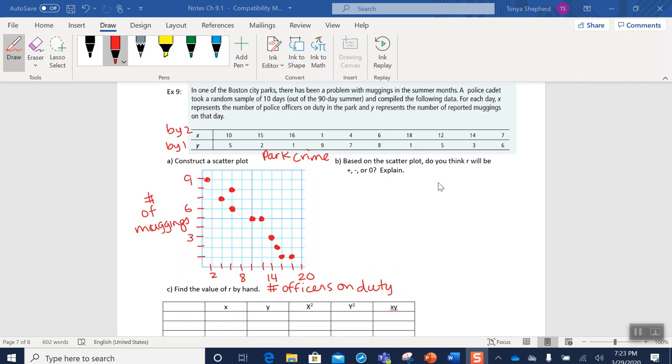Part B, do you think that the R value is going to be positive, negative, or 0 when we calculate it for this graph? Okay, the R should be negative. Why? Because there's a negative slope, which means a negative